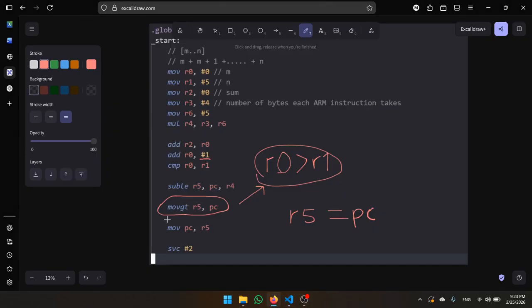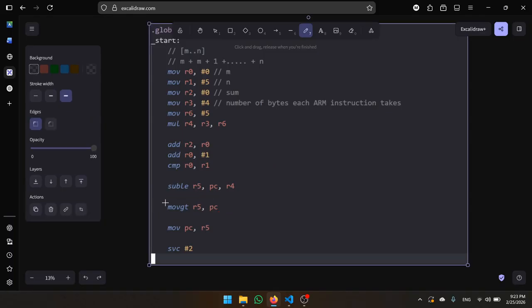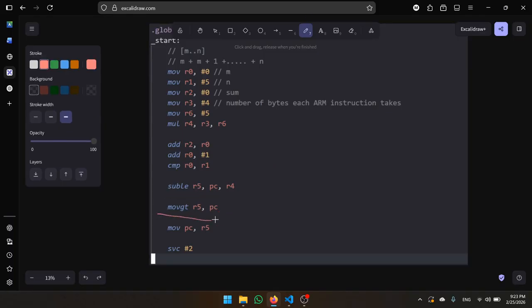Then we come here and execute this. Then we come here, we execute this. Let's say R5 contains a forward execution address, as I said, and then after all these are over,